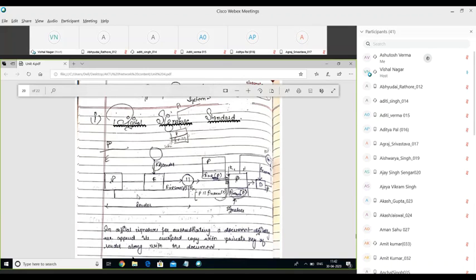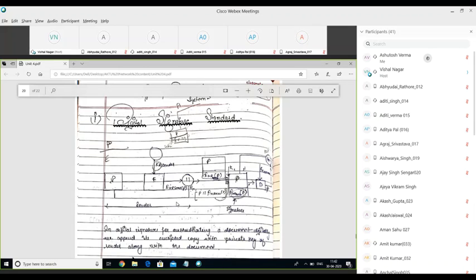So again, I'll repeat this topic. What we are doing here is sending the data, this plain text P, along with its signature. How are we producing the signature? This parallel line symbol is called the appending symbol, and it means we are appending two things: the original data, along with its signature. And how are these signatures produced? We pass this data through an encryption algorithm along with the private key of the sender, and the output of this is the signature.